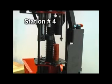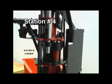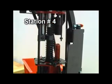At station number 4, depressing the buttons until the machine is at the bottom starts the crimp. It is recommended that the shell is pre-crimped with the same number of folds that it had originally from the factory. Upon releasing the buttons, the unit returns to the top of the stroke and the shell is then rotated